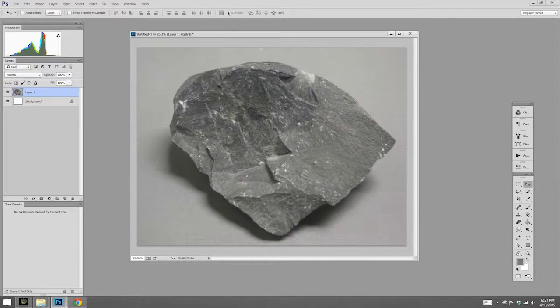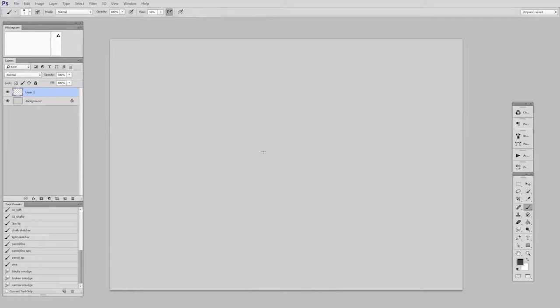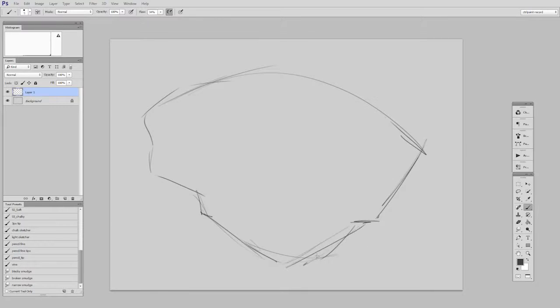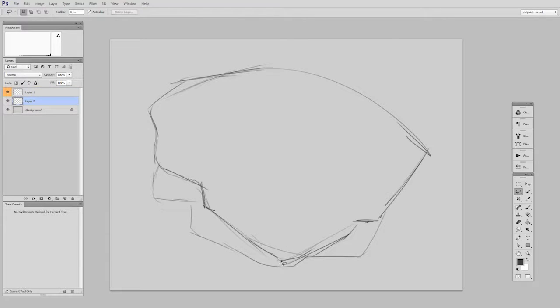So I'll actually move my reference off the screen onto my other monitor, and that allows me a little more space to work on my actual study. And if you've watched any of the other Let's Paint videos, this canvas prep is going to look pretty familiar. I start by making a sketch. After that, I can use that sketch as a guideline to use a lasso tool to make a selection, marching ants,